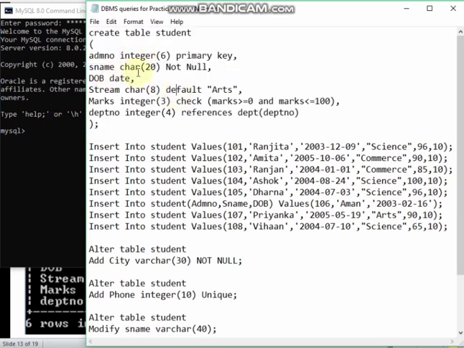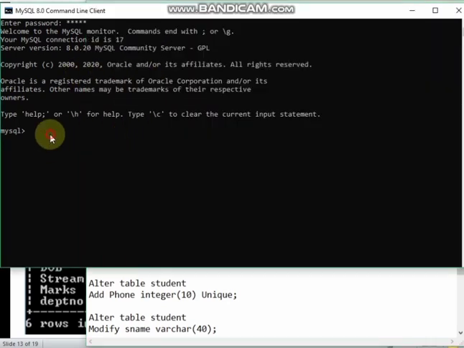S name I have taken as char 20, not null. DOB date, stream, marks, department number. Before we move on, first we have to create the database. Since I dropped the database, I will create the database, our DB.